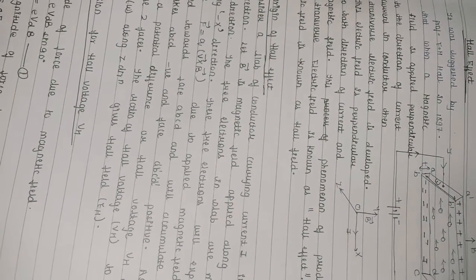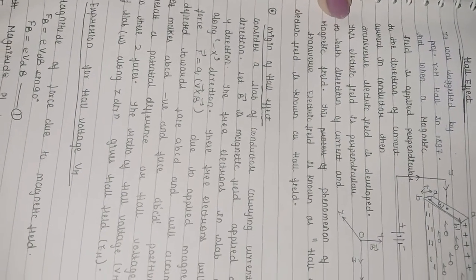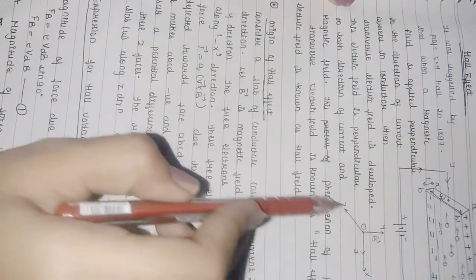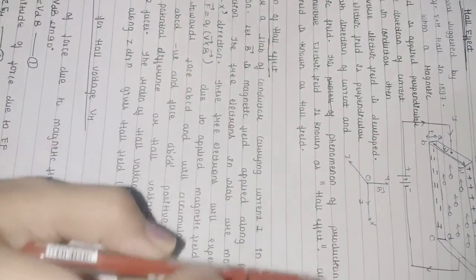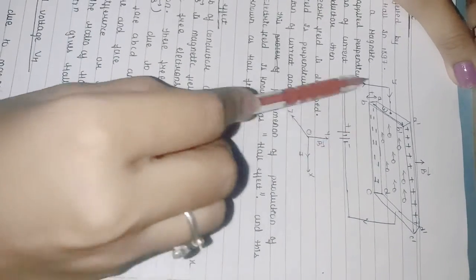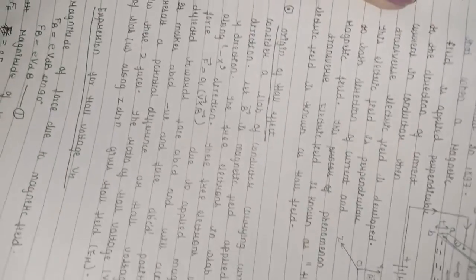Transverse means a perpendicular electric field. This electric field is perpendicular to both the direction of current and the magnetic field, so an electric field will generate in the z direction. This phenomenon is known as the Hall effect, and this electric field is known as the Hall field. If we do an experiment, we take a conductor slab and attach both the ends via a battery, and the current will flow from positive to negative in this direction. Let's see about it.